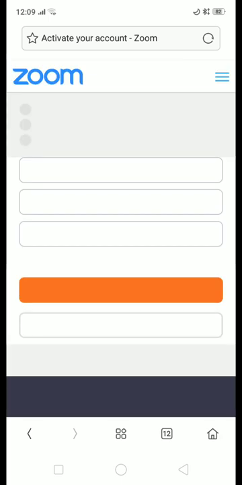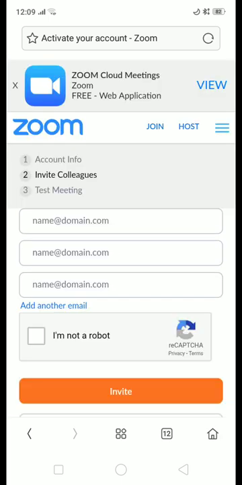I think there is some mistake in the password, so you can re-enter it just for the sake of confirmation. So it's done. Now account information is done.